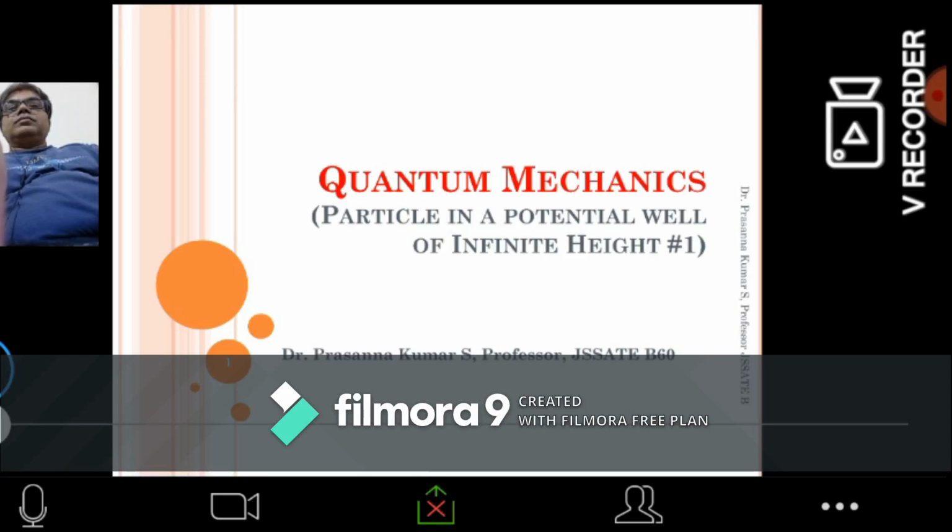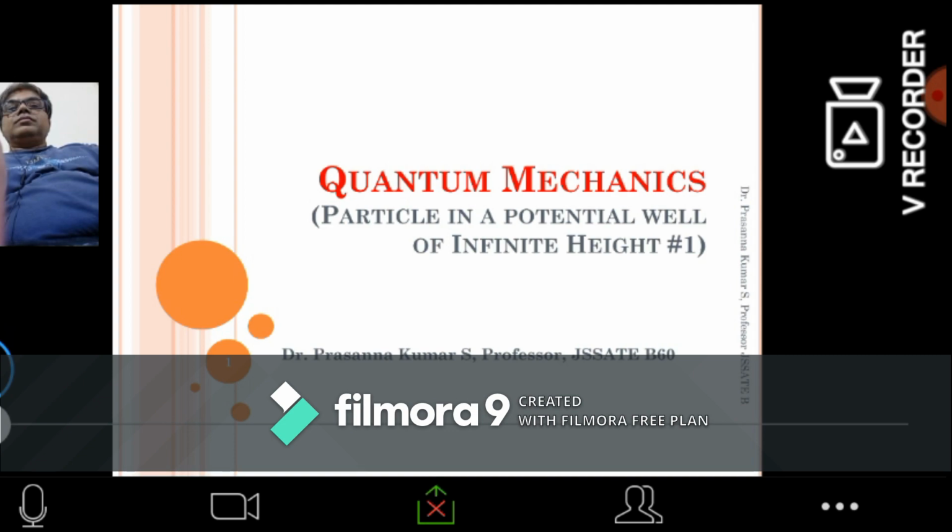We have discussed the eigenfunctions, eigenvalues, and obtained the expression for the time independent Schrodinger wave equation in one dimension, which was further extended to three dimensions. The expression for one dimension was d square psi by dx square plus 8 pi square m by h square (E minus V) into psi. This was the time independent Schrodinger wave equation in one dimension, and further we extended to the particle called the